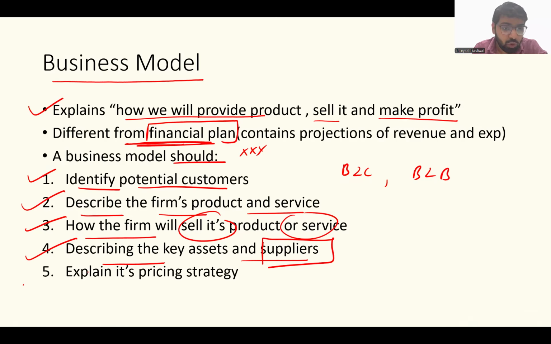And the last point is my pricing strategy. How am I going to price for my customer? Am I going to take a one-time selling price from them, basically a flat price, 500 rupees: I sell my product to you, you give me 500 rupees. Or I want to go for a subscription model where I charge something every month, something like Netflix. Or I want to go for a freemium pricing model where I provide the basic version for free, and the upgrades from the basic version are ultimately paid. So what kind of pricing strategy I want to adopt should also become a part of the business model.